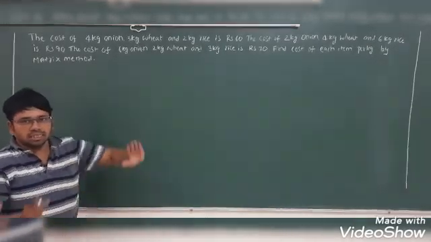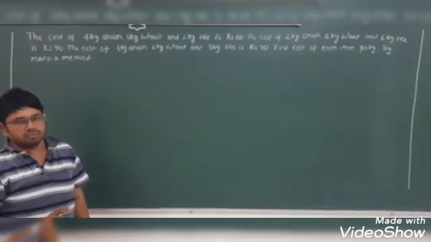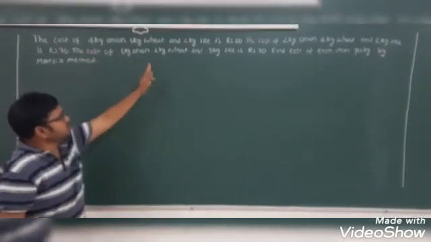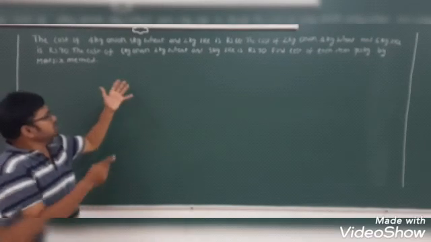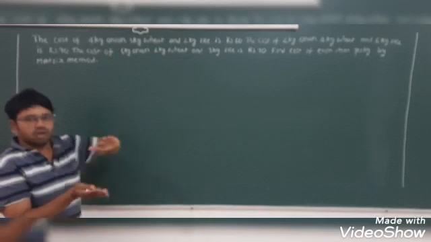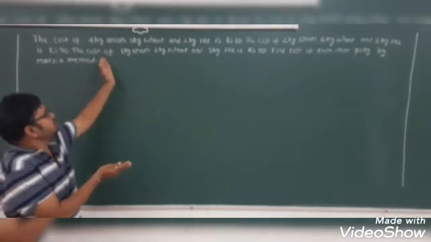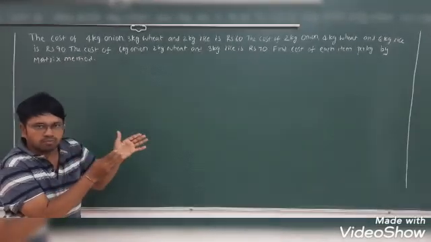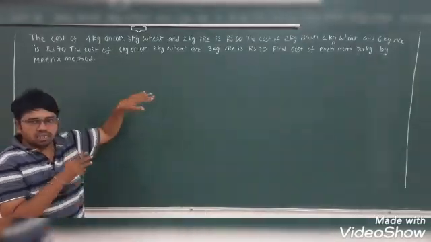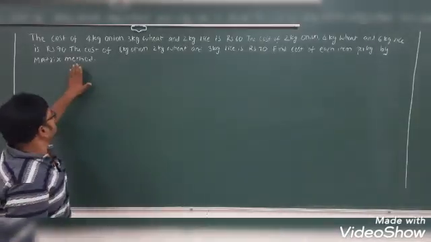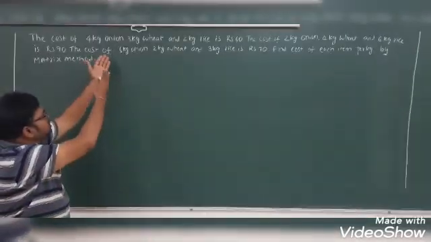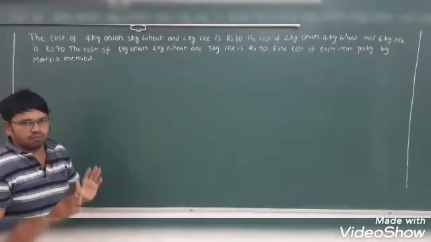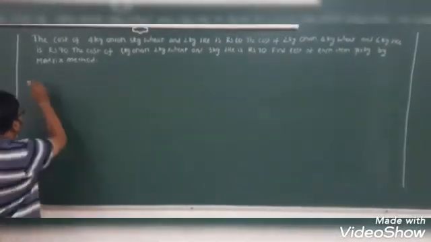That means here they are given 3 groceries. One is onion, second is beet, third is rice. They are given each grocery in different weight. First of all, we have to convert these different weights of 3 groceries into some algebraic form. Then we get 3 equations. We have to solve the 3 equations using the matrix method. See, first of all, how to reduce the 3 given groceries into algebraic form. See here, solution.